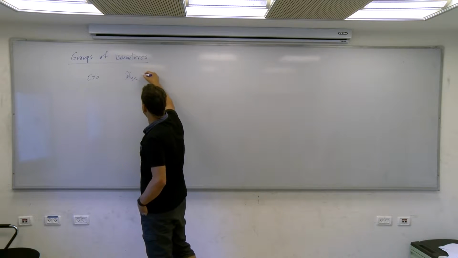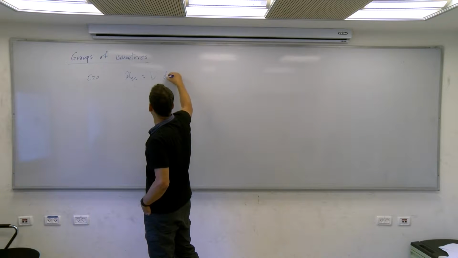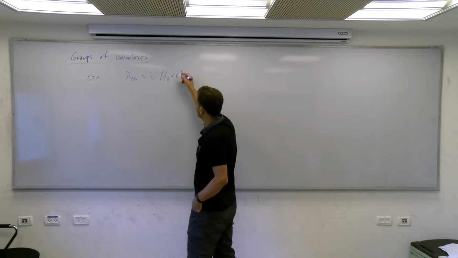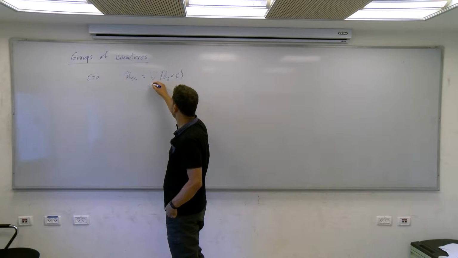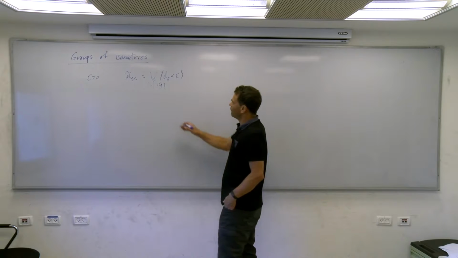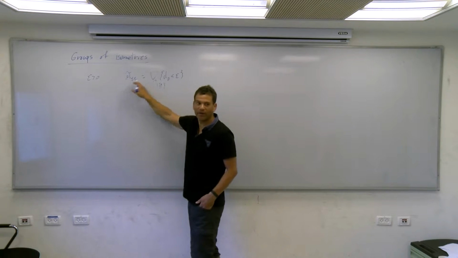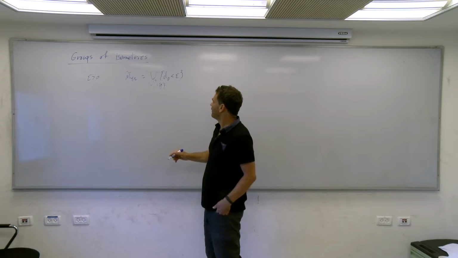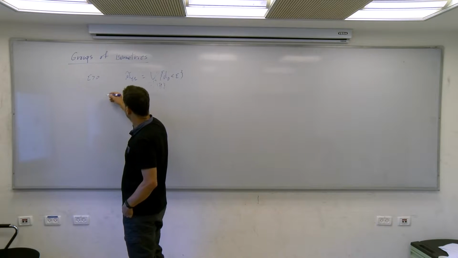Its universal cover is the union of d gamma less than epsilon, or less than 2 epsilon, it doesn't matter, over all gamma not equal to the identity. And so if we are here, we want to understand the elements that are responsible for us being here. And the Margulis lemma tells us that